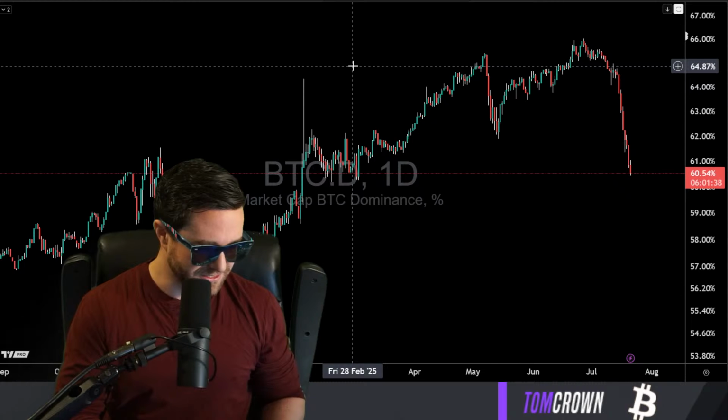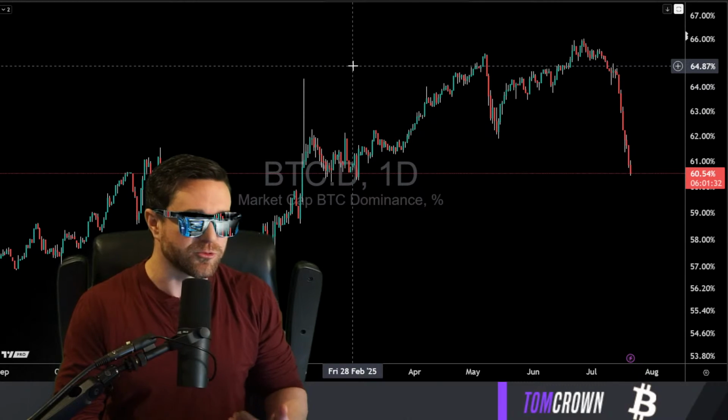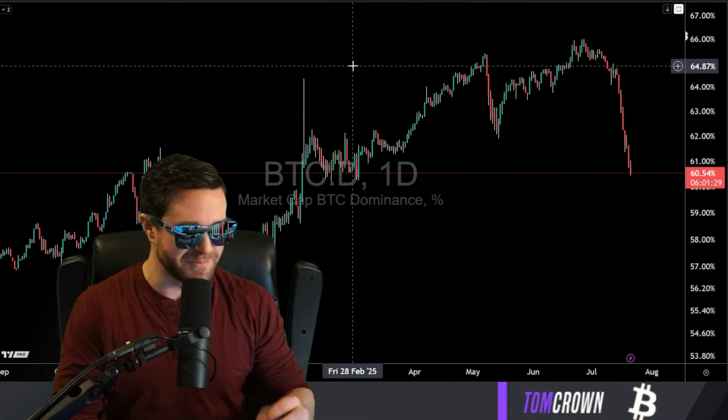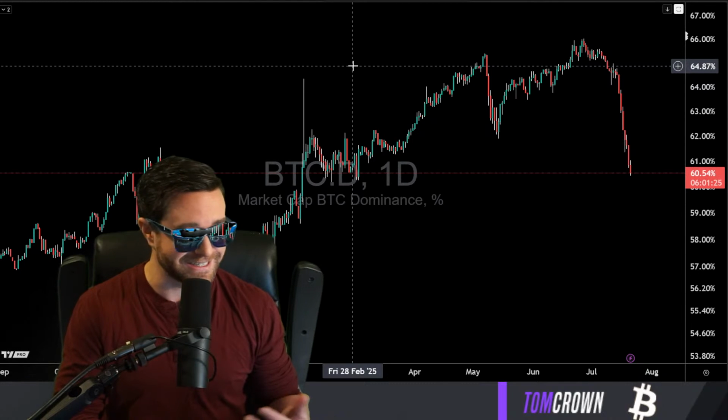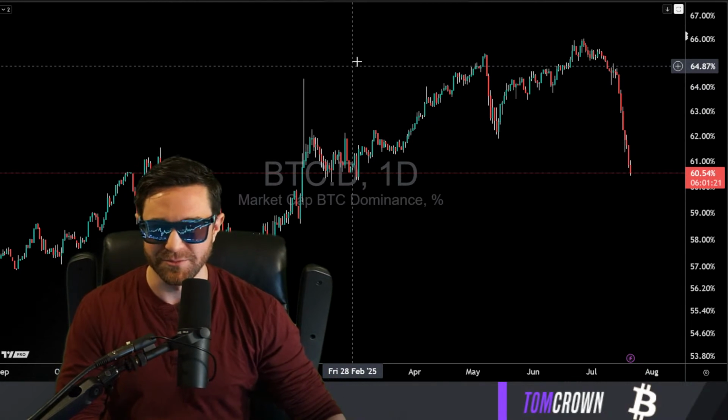Making the plan sets it up. It guarantees that you miss some of the gains, but it guarantees that you lock in some of the gains. And that's going to be much, much more important. You can have all the gains in the world, but if you don't lock any in, it doesn't matter. They're not real until you lock them in.